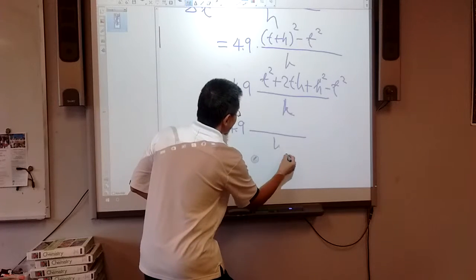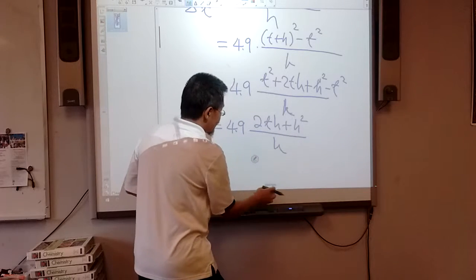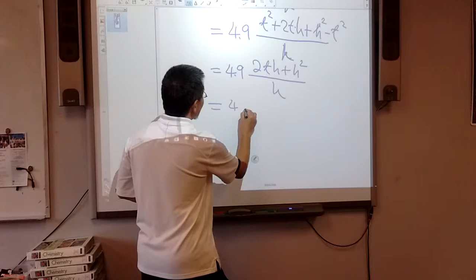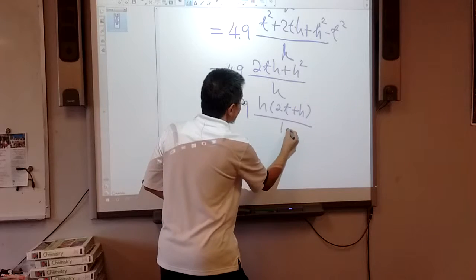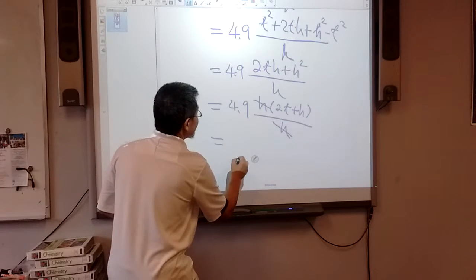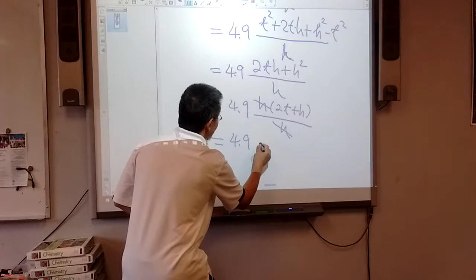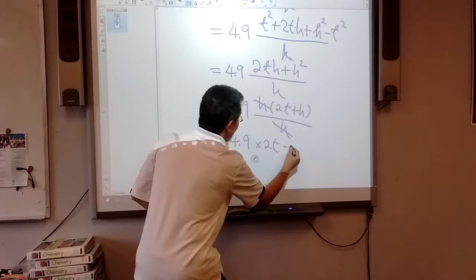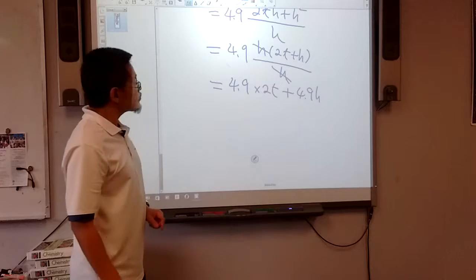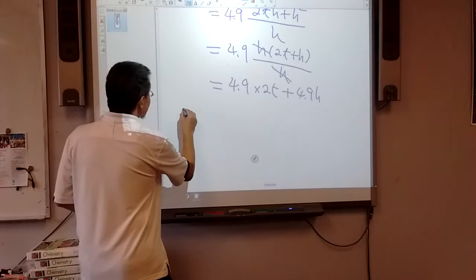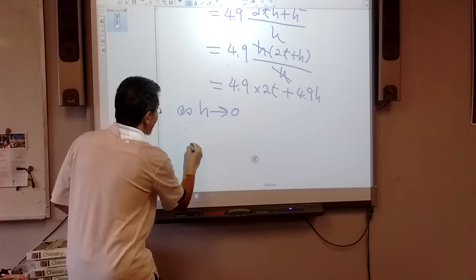4.9 h here. This is a 2th plus h squared. Then we can move h out. That's 4.9 h here, 2t plus h, and h and h cancel. We got 4.9 times 2t plus 4.9 times h. Okay, right? So as h, we push h to 0, and our